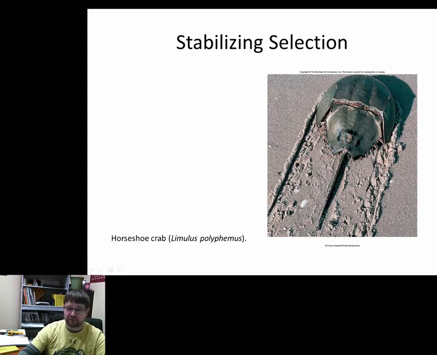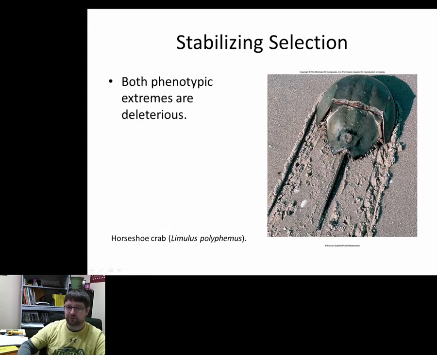All right, back to other selection methods through natural selection. Stabilizing selection. This is when the extremes are selected against. A good example of this is horseshoe crabs. A horseshoe crab is an aquatic organism, but it has to lay its eggs in the terrestrial environment. Now remember, these organisms are breathing with gills. They have a series of what we call book gills underneath this region. And so when they move out of the water, they cannot breathe. They have to house water underneath the book gills and slowly take the oxygen out of that water in order to respire.